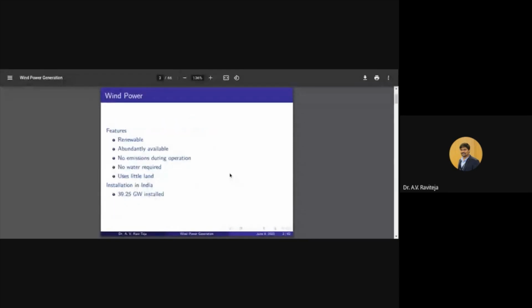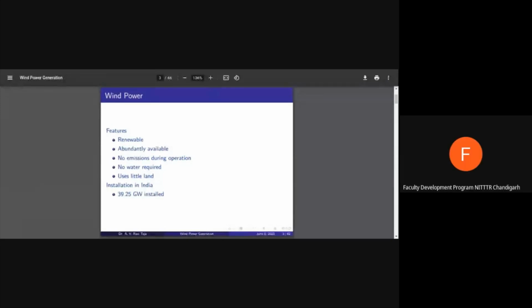Okay. So wind power, as we all know, is a renewable and abundantly available renewable source, and there are no emissions during operation, no water required unlike solar, which requires cleaning. Otherwise, you will see a drastic reduction in the power generation. And the main advantage with respect to a population dense country like India is,